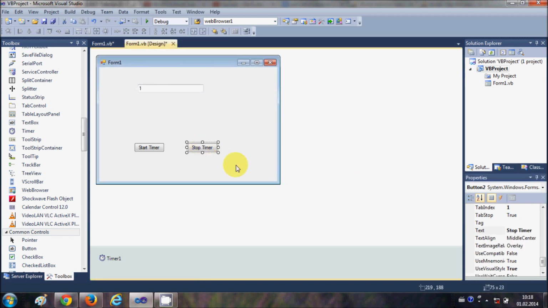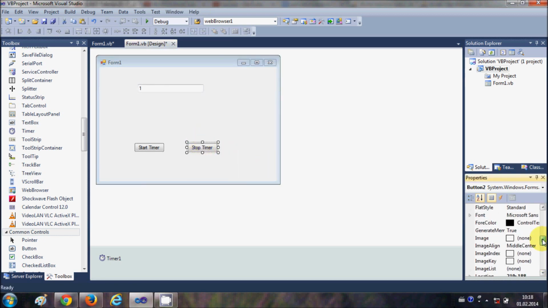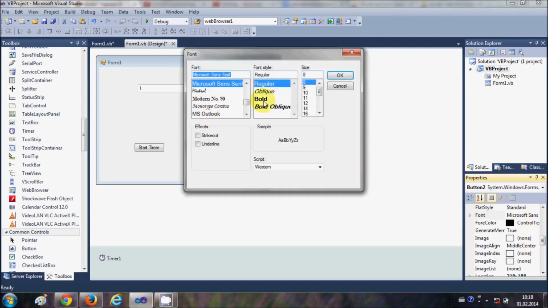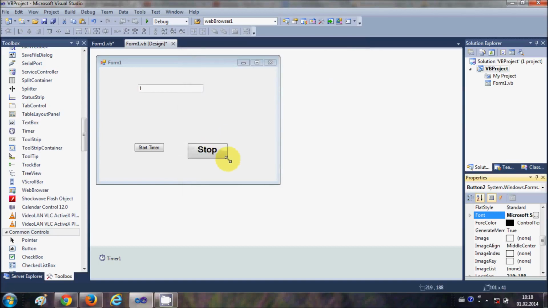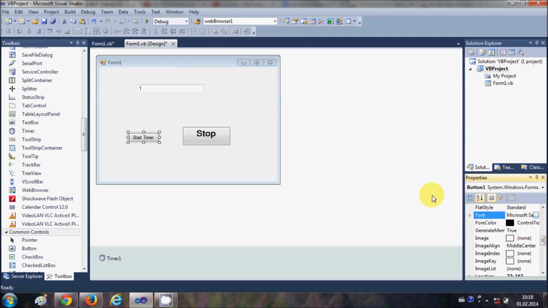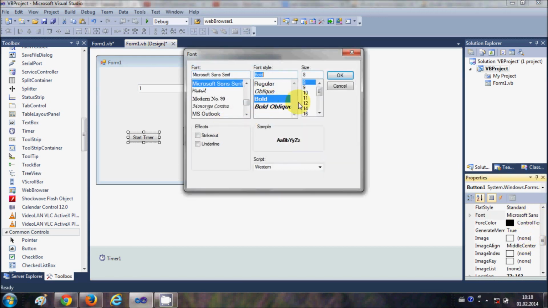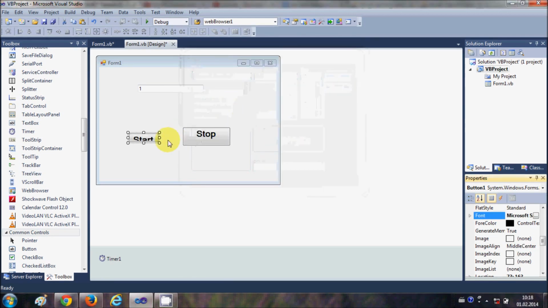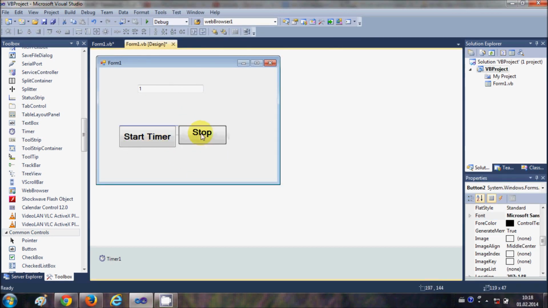Okay, and let me change the font size of this button so we can see it better. Okay, this is the stop button and this is the start timer button, and we have this text box.